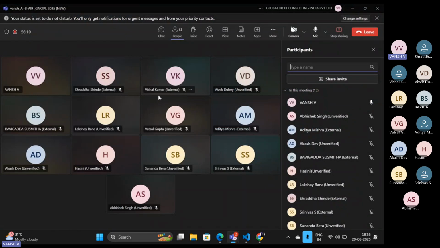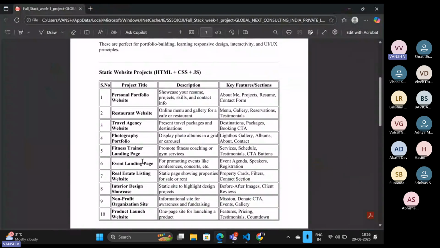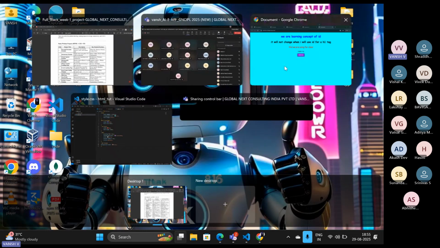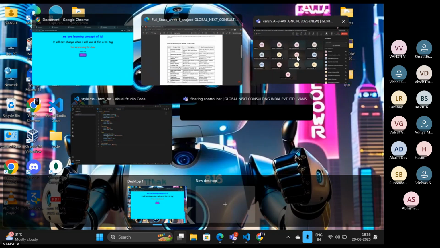Suppose there is Vishal. Vishal has opted for a website, like an event landing page or a photography portfolio, for example. First of all, he has to tell everyone what we have created. After that, he will take us to his main website, whatever he has created. At least 4 to 5 pages must be there. And then scrolling down those pages,